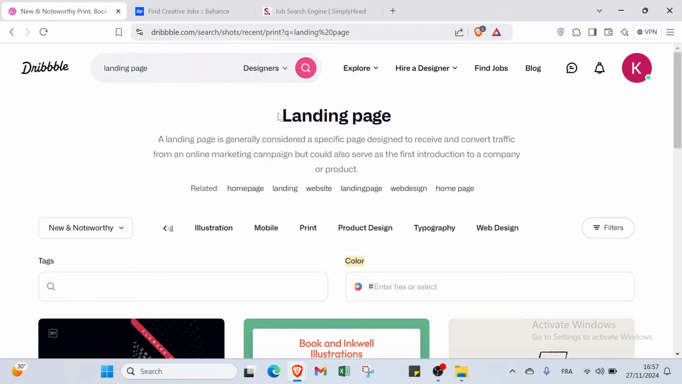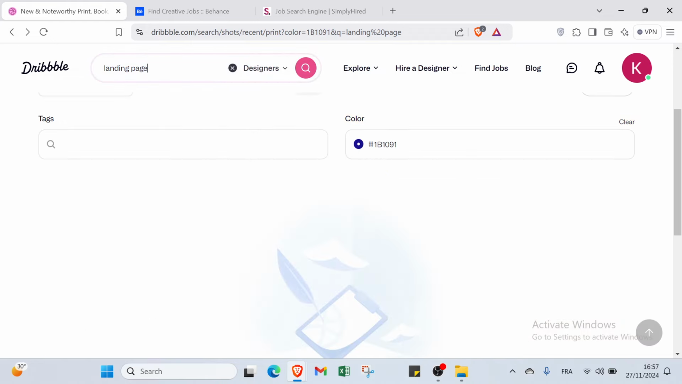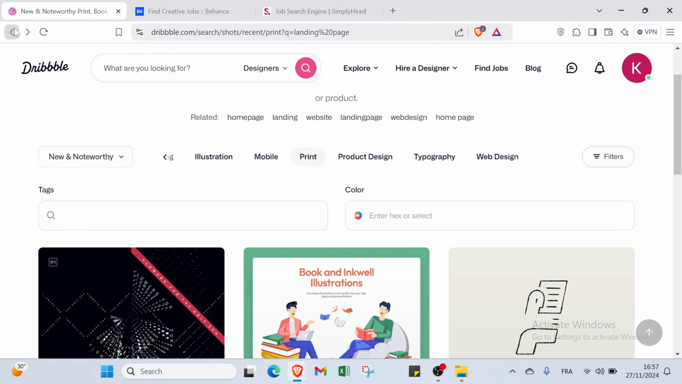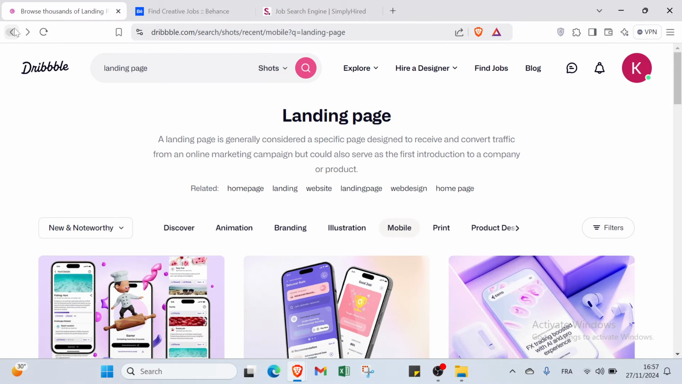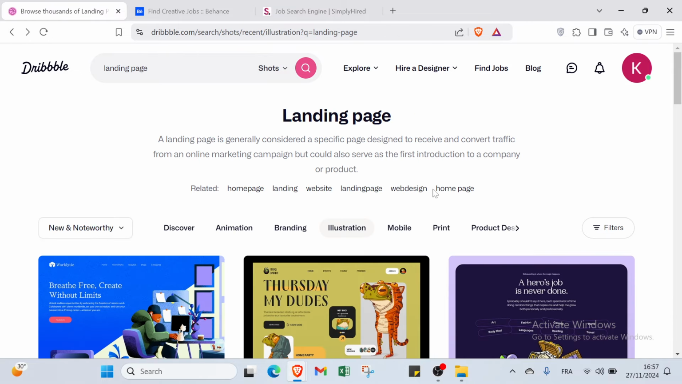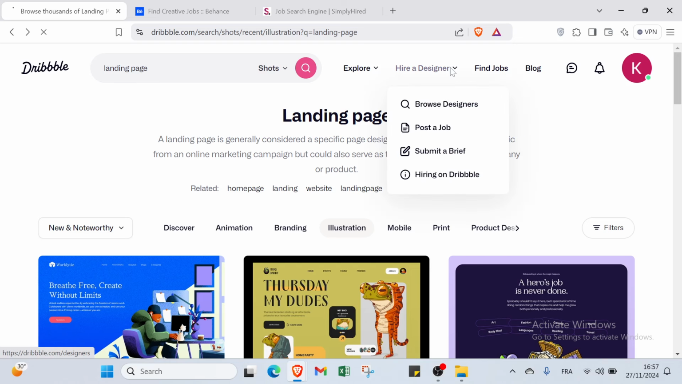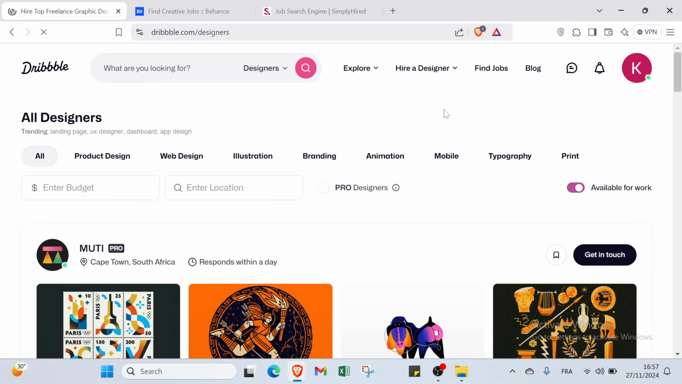Also, if you search for designers, you click over here and you have just to select here which thing you're looking for, depending on or related to designers, as you can see. Right, so here we have if you want to find jobs. Also we have here if you want to browse designers, you click over here, and also if you want to post a job,